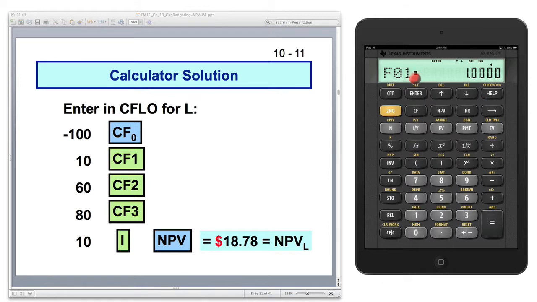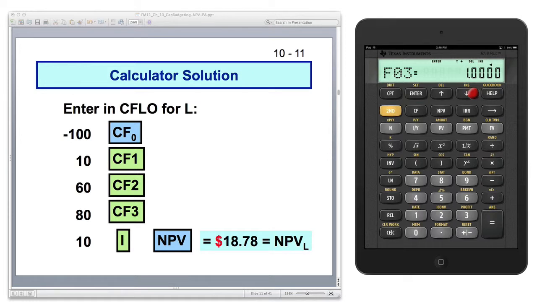Now you notice something called F, which we're not going to utilize in this case. For your curiosity, F refers to the frequency of the cash flows, and if you have more than one, you can enter that. So suppose you had 3 cash flows of $10, you could enter 3, but right now we leave it at 1. Hit the down arrow again. C02 is 60. Notice I entered 6 point, so you just hit the back arrow to clear it out. 60, hit enter, the down arrow, and then 80,